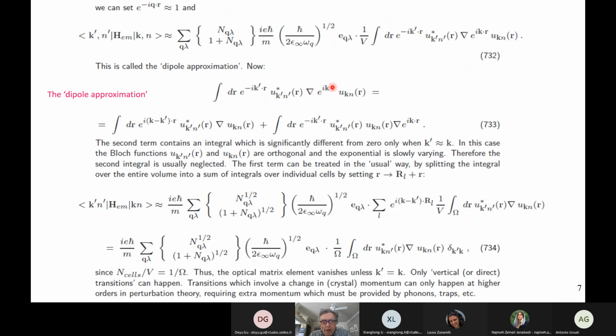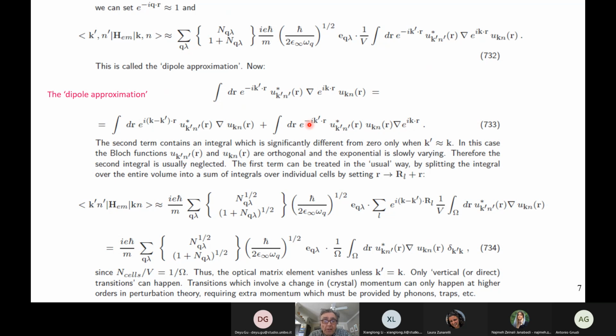This is the term that now we have to work a little bit on. So we can expand it. The gradient acts here on the Bloch function, the wave function of the electron in band n and wave vector k. Of course, we have a term which takes the derivative of the exponential and another term that takes the derivative of the periodic component. This term is usually very small. It's usually neglected. It depends a little bit on the k vector we're dealing with and so on, but typically